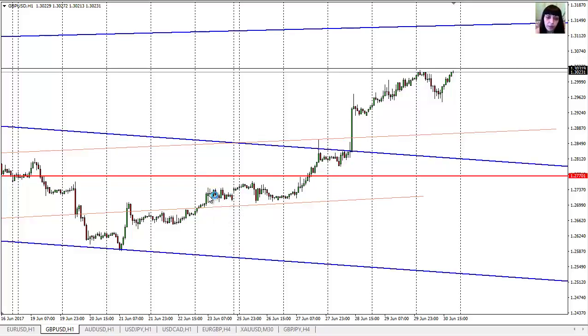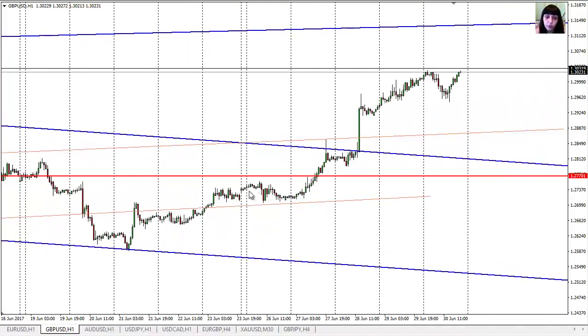Okay, let's start with what happened on Monday. Monday opening, it was a bit consolidating. I had pending orders to sell from that level. I did place the pending orders because on Monday it did reach it a little bit and then slowed down around here, but I didn't place the buy orders because I was saying this is an important level. I was waiting for the market to come back here, and then I said I will think and decide what I'm going to do. And again, we expected some commentary, and